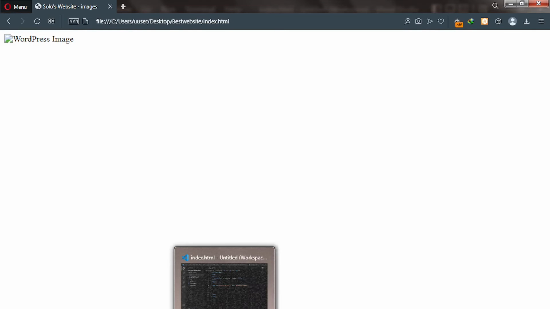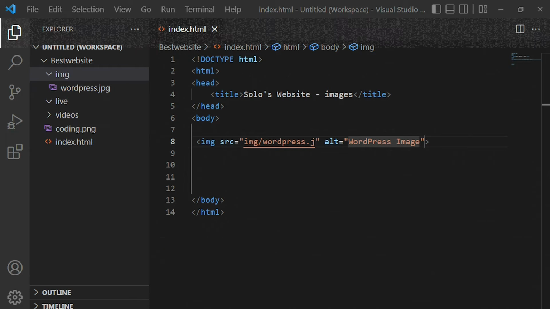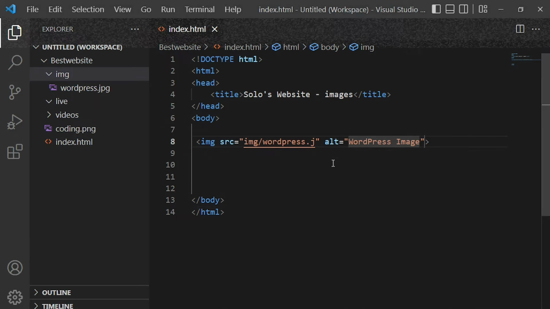So alt text is very important, especially for those users who will be using screen readers to navigate through your website. This is also a good practice for SEO, search engine optimization, to always include an alt attribute when creating your images. So let's go back there and put our complete link back